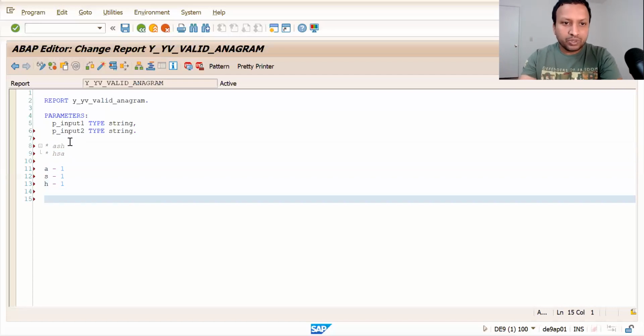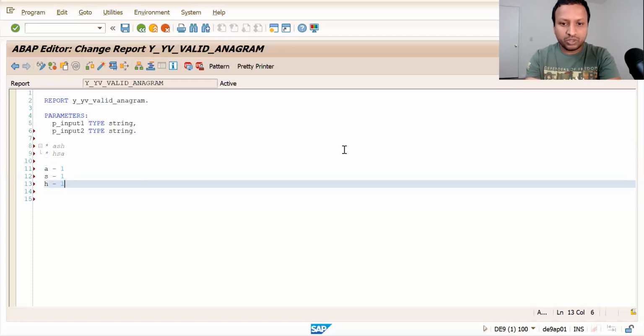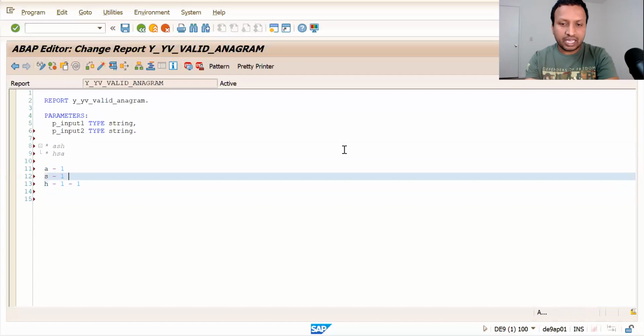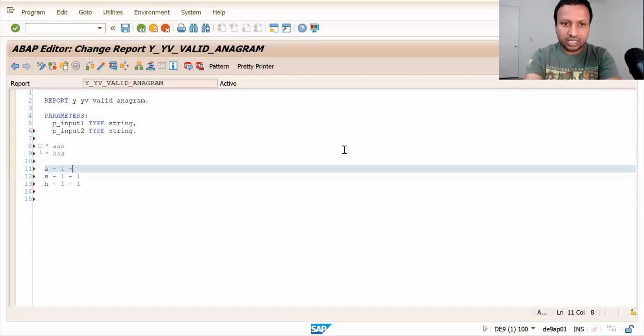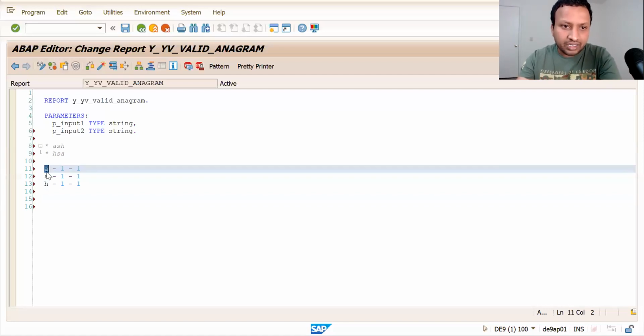Then you loop through the second input string, and you keep negating from the already existing internal table. So you negate H, the next is S, you negate S, and the next is A, you negate A. Finally, you loop through this internal table and check whether there is any character which has a value other than 0.